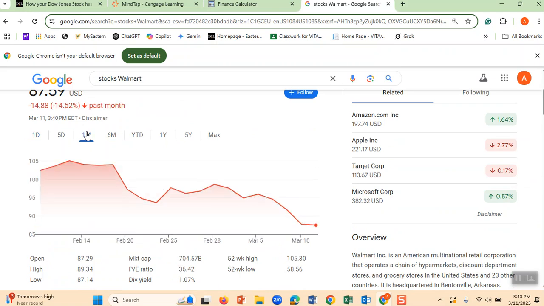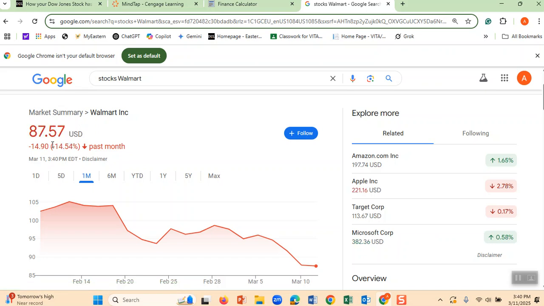If you look at Walmart, Walmart also has had a 15% drop. Do you see the 15% drop? And Walmart also had bad news here. Do you see it was 104, and suddenly from 104, maybe on February 18, it dropped. The reason I think it had this drop is that suddenly it said maybe it didn't make a lot of money.